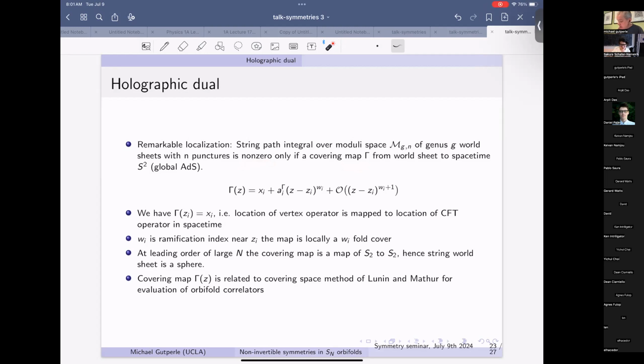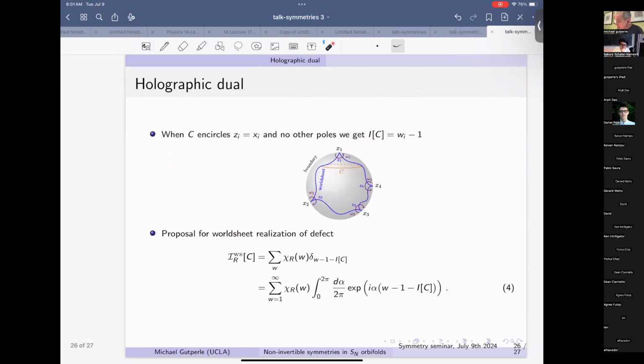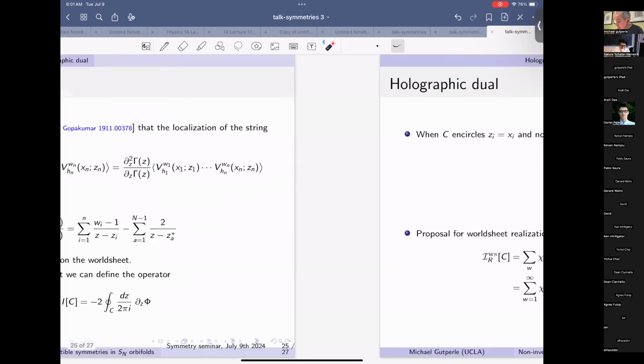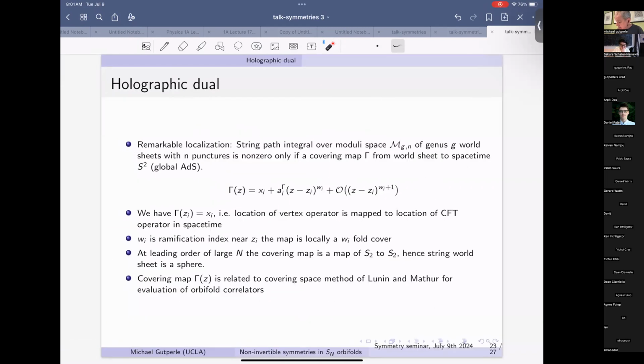And what that means is that we'll have a map of the worldsheet Z to the space-time X. At Z equals Zi, this point in the worldsheet gets mapped to the location of the vertex operator on the boundary, and around it we will have a Wi, meaning this is for the ith vertex operator, where